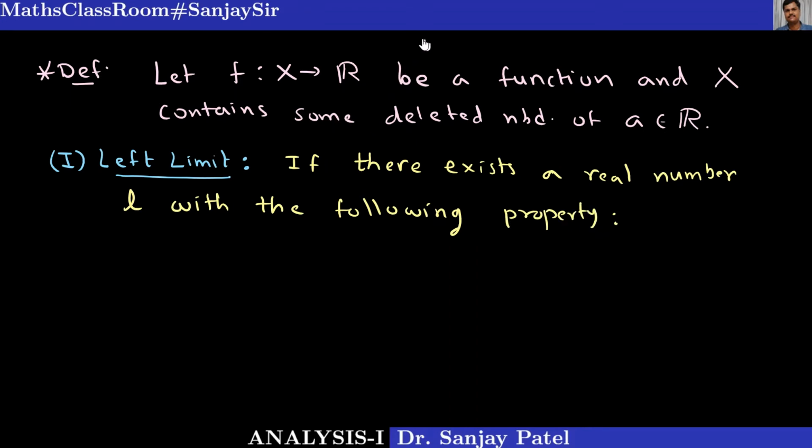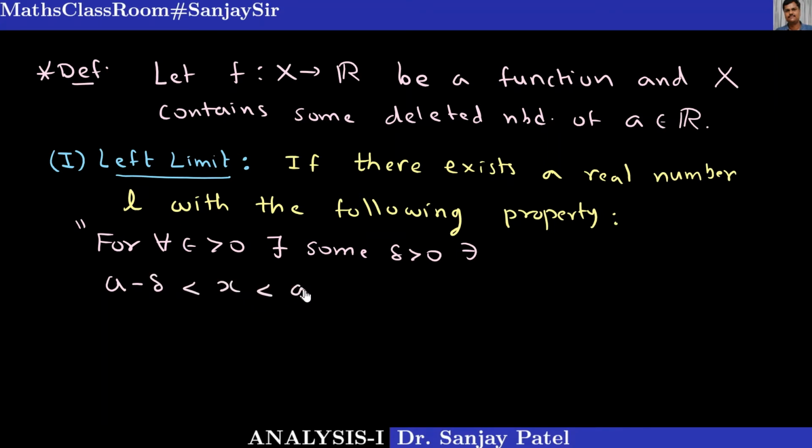It is our epsilon delta condition. It says for every epsilon greater than 0, there exists some delta such that whenever a minus delta less than x less than a implies mod of f(x) minus L is less than epsilon. If this condition is satisfied, then we say that